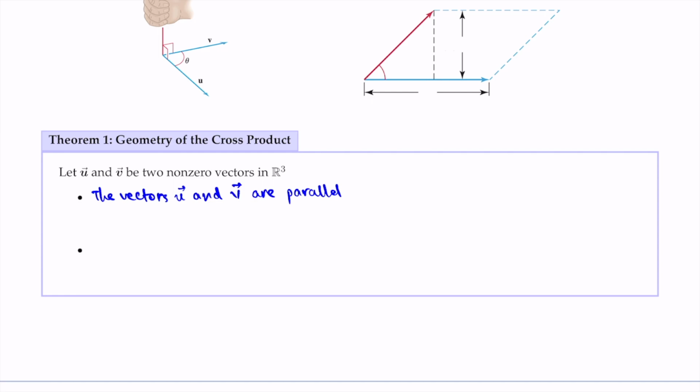So the two vectors u and v are parallel, in the case of theta equal to 0 or theta equal to pi, if and only if the cross product is equal to the zero vector. Now the second geometric representation of the cross product is that if u and v are two sides of a parallelogram,